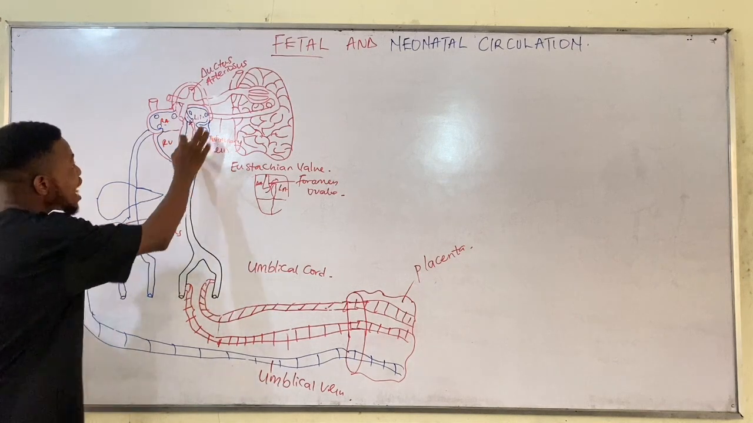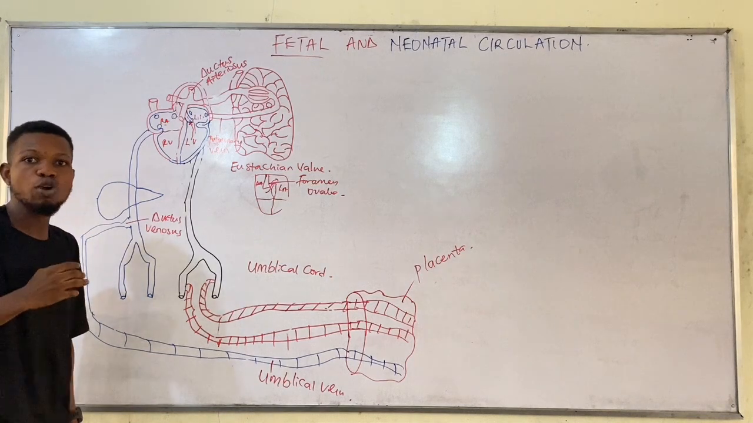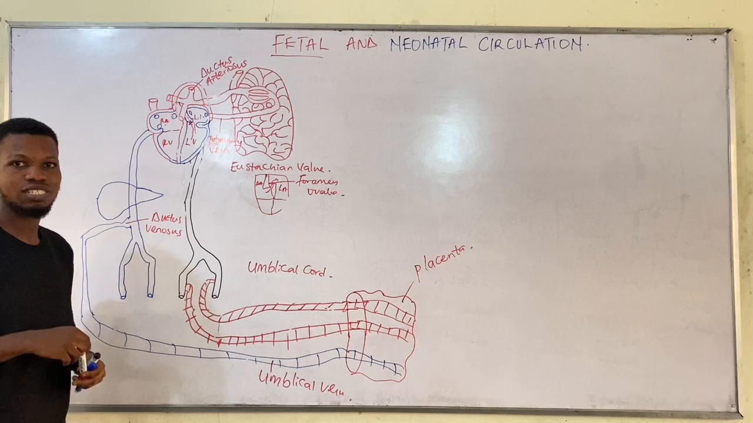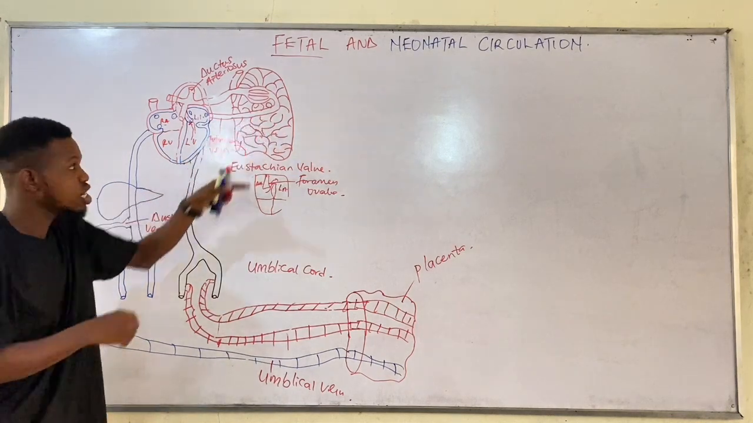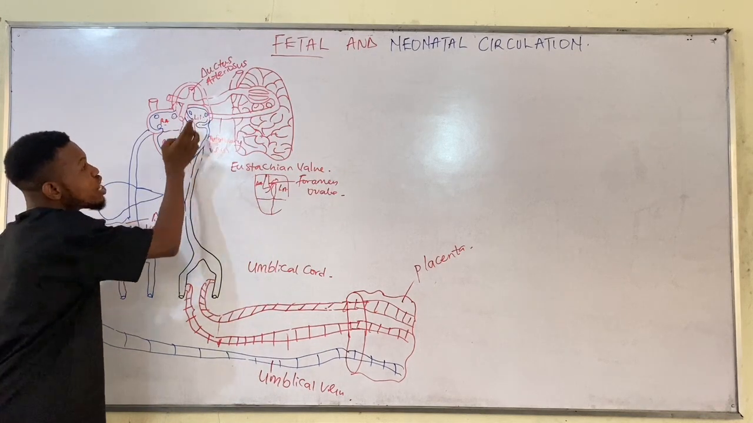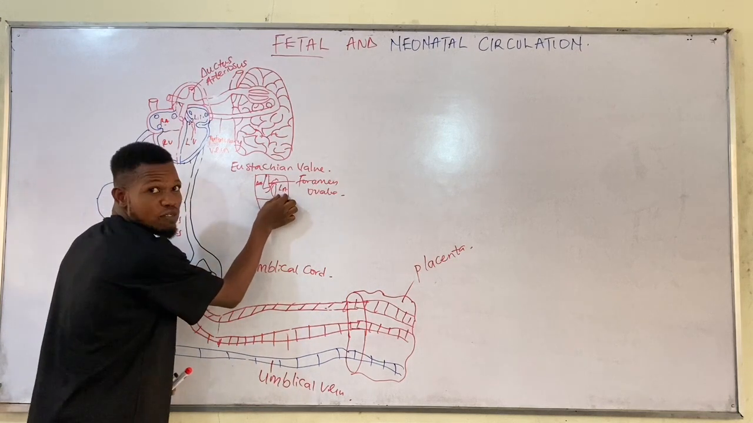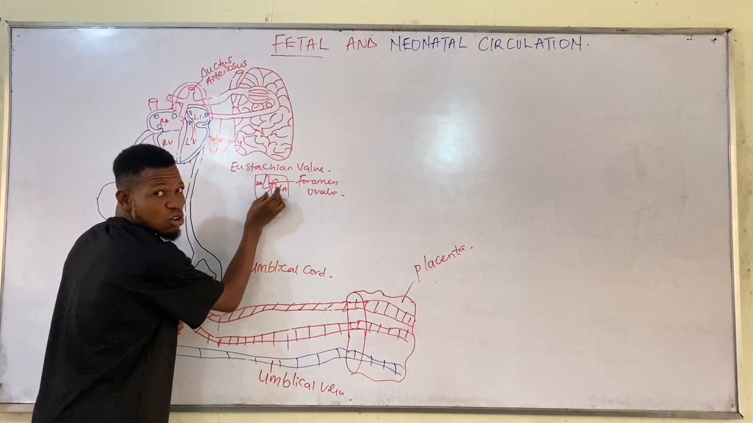So there's an increase in pressure at the left atrium during the neonatal circulation, because of the intake of too much air by the baby as the baby cries. So when there is oxygenation of blood by the lungs, the pulmonary vein will carry it to the left atrium. Due to the increase in pressure of the left atrium, the blood will cause this foramen ovale to close